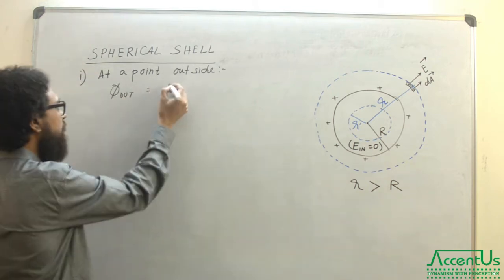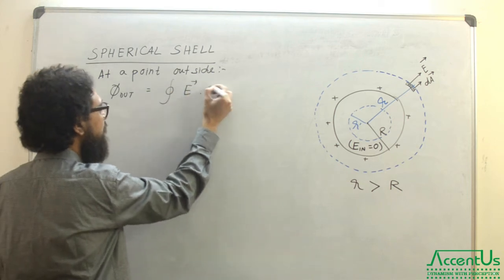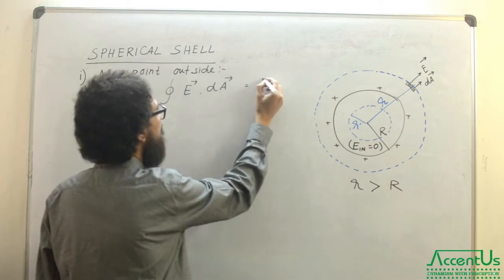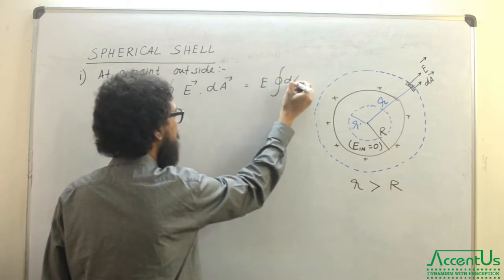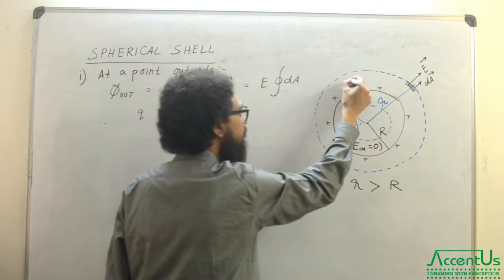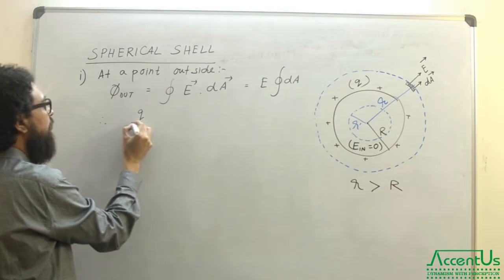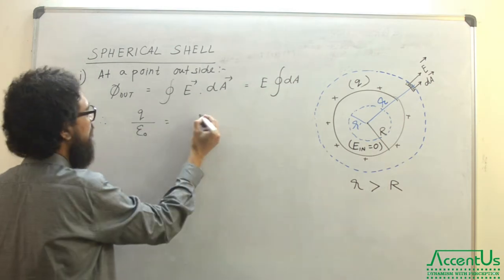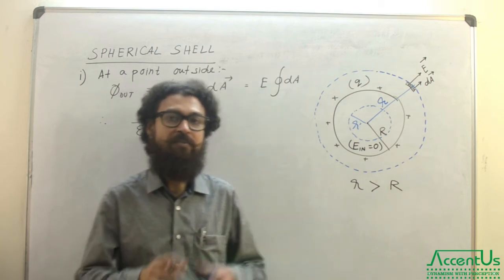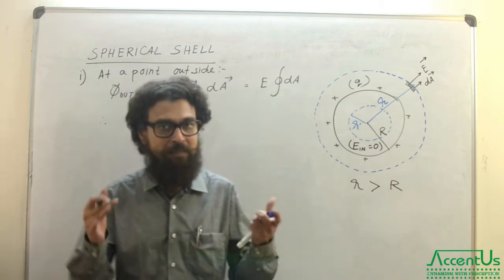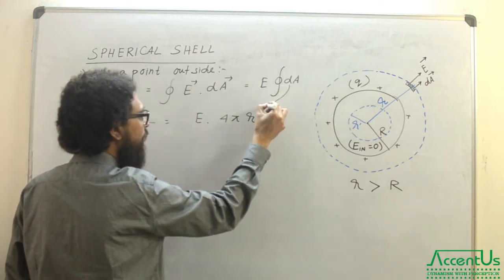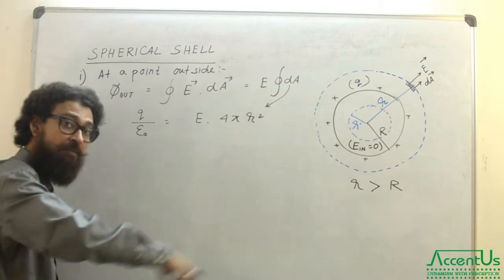Anyways, so it is the surface integral of E dA, which is E dA only. I mean, there is no other thing. So I can write E times the total integral of dA. Great. And this is equal to Q by epsilon naught, if the total charge is Q. So it is E times the total surface area. Since it is a spherical boundary, we can only enclose a spherical shell with a spherical boundary only. So it is 4 pi r square. Okay, the total surface integral.